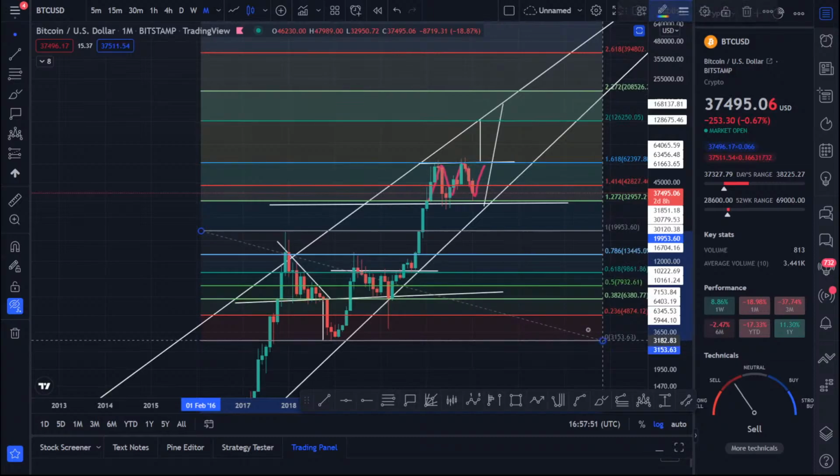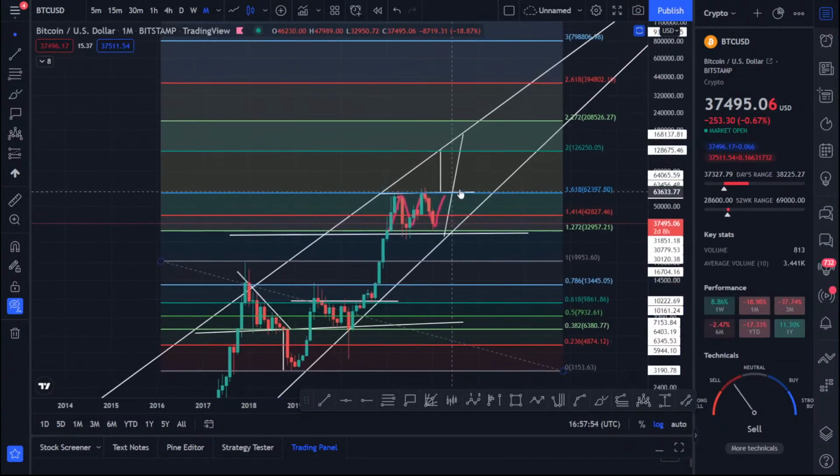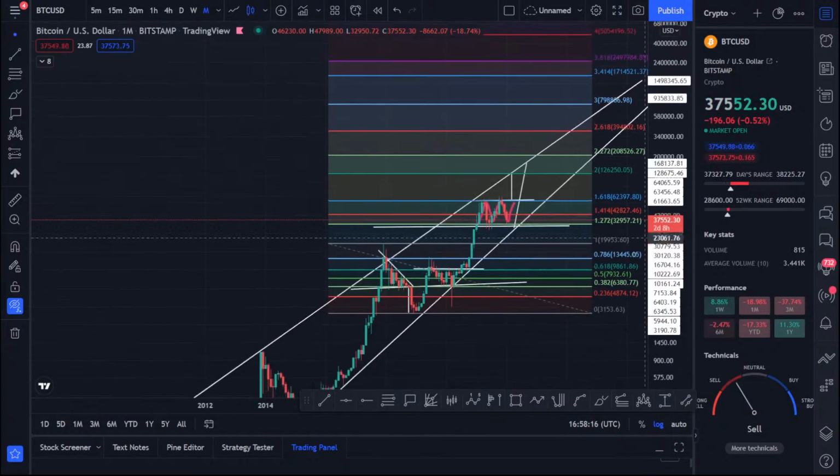It can come between the 126 and 208,000. Okay, because if you come here, trust me, a lot of people are going to step in and start buying Bitcoin. Okay, when it breaks the 1.618 level, which sits at 62,397,